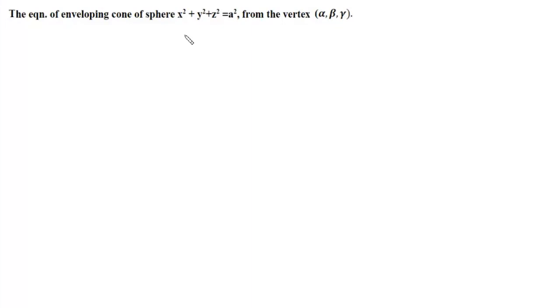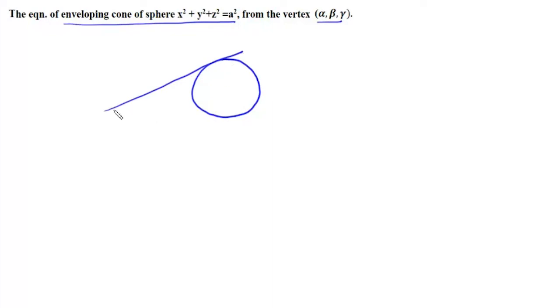Now there will be questions on the equation of the enveloping cone of the sphere x square plus y square plus z square equals a square from the vertex alpha, beta and gamma. So we have this sphere whose equation is x square plus y square plus z square equals a square. And then we have this cone which envelopes this sphere, and the vertex of this cone is at alpha, beta and gamma. Now what we'll do is, we'll take a point on this line, say this point P,